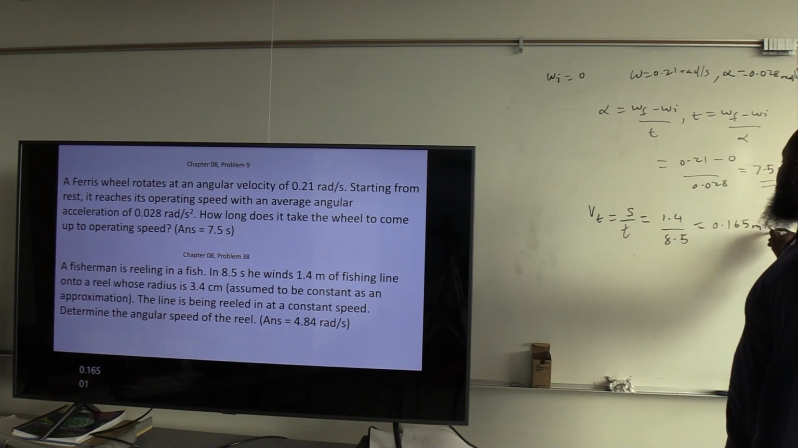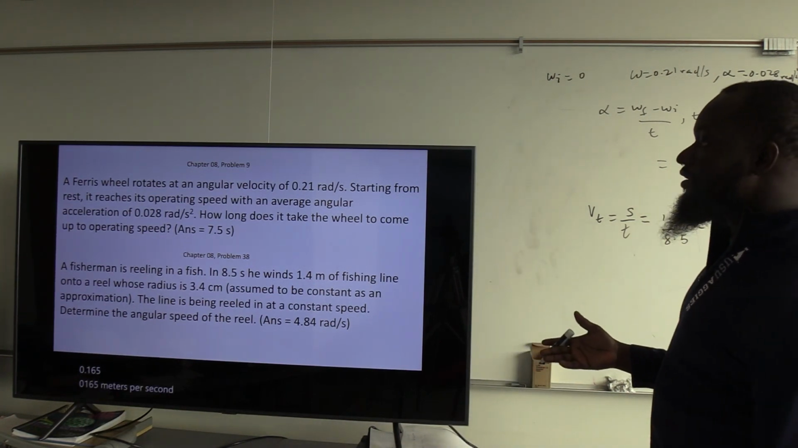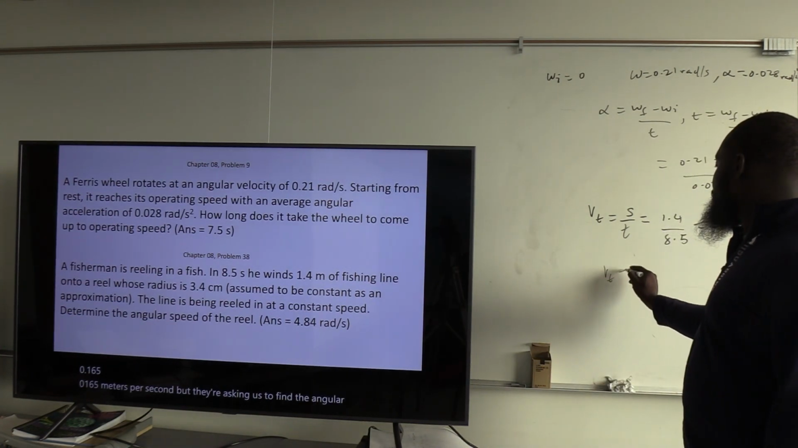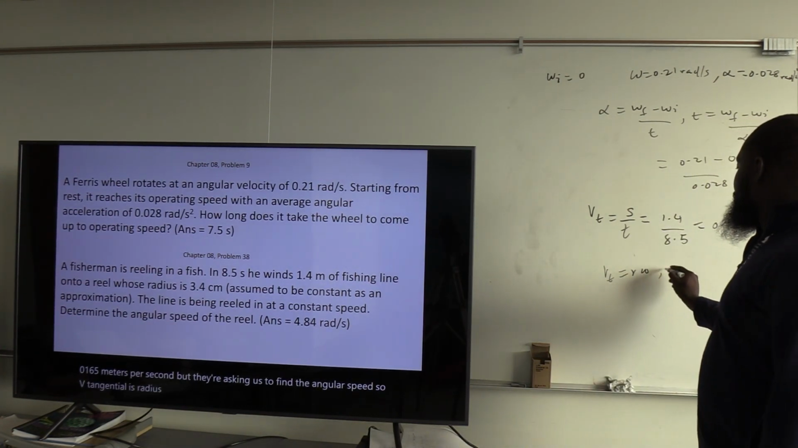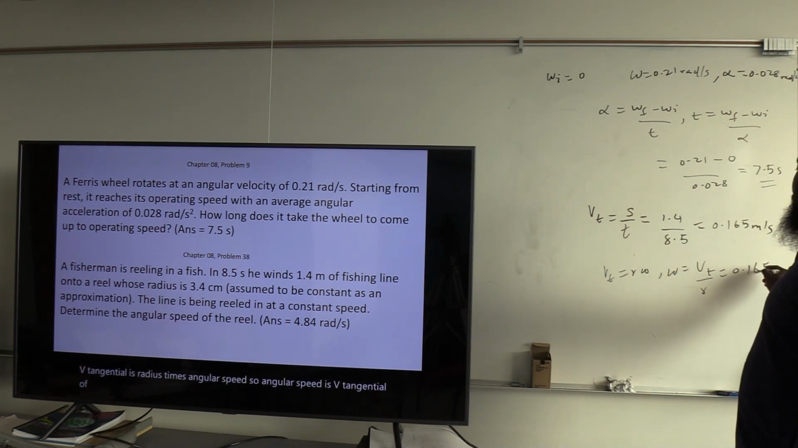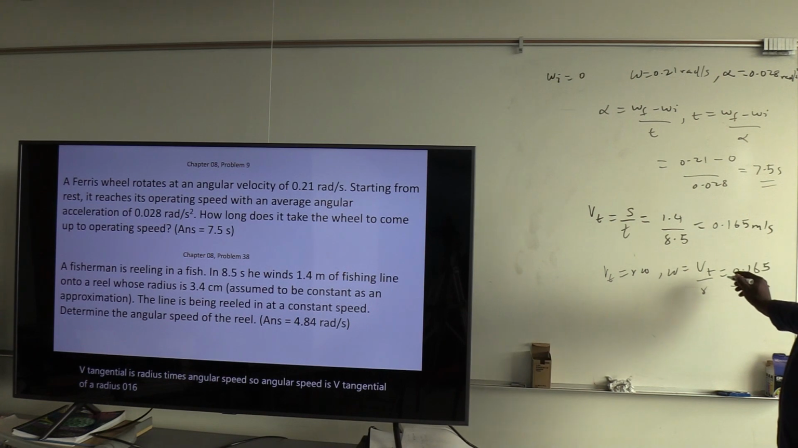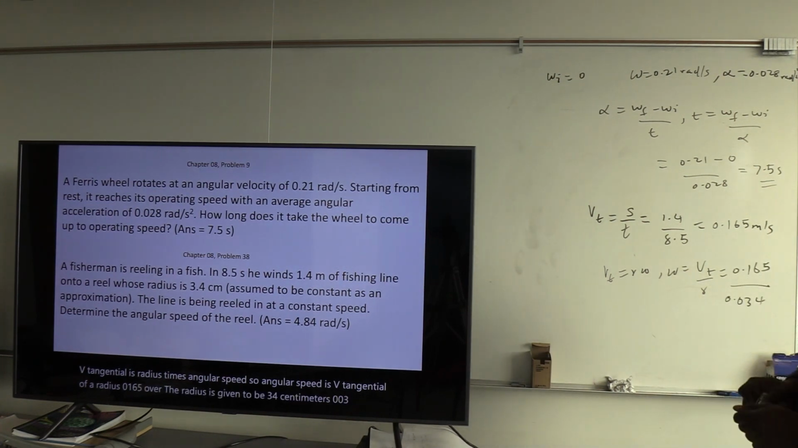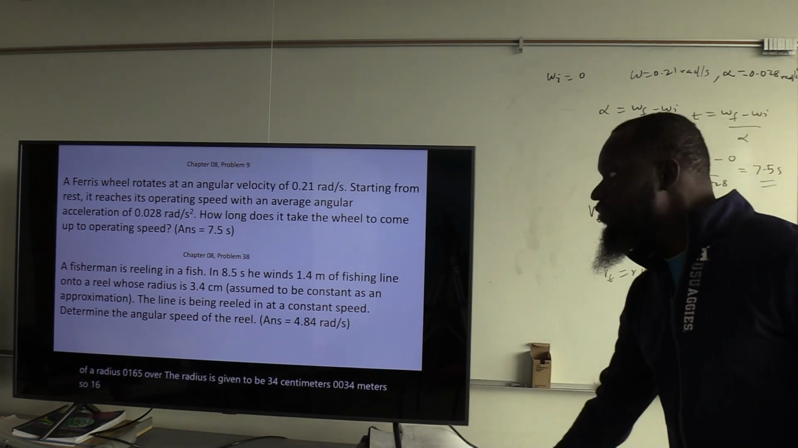0.165 meters per second. But they're asking us to find angular speed. So V tangential is radius times angular speed. So angular speed is V tangential over radius. 0.165 over the radius, which is given to be 3.4 centimeters, 0.034 meters. So 0.165 divided by 0.034